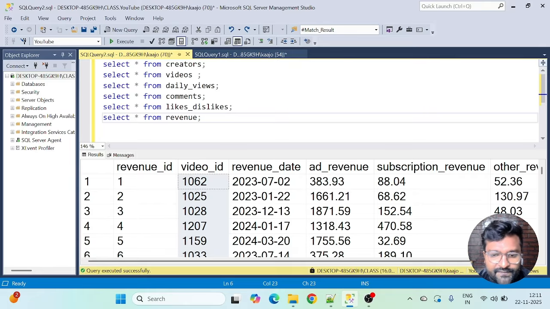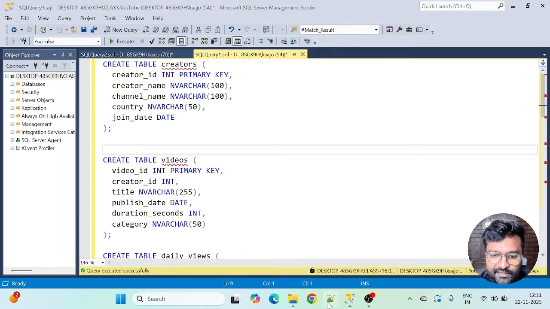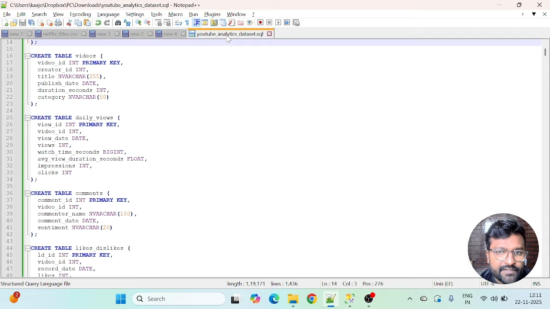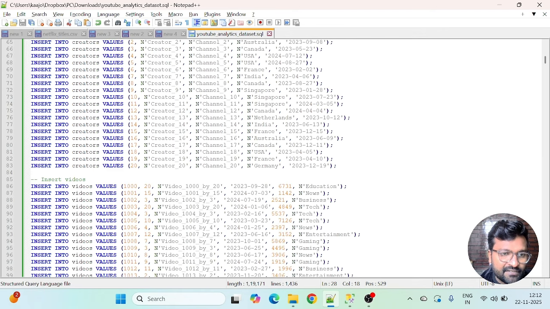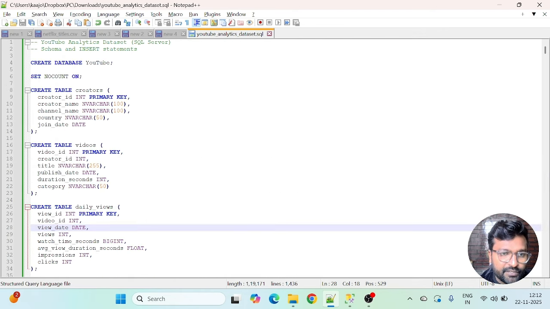And apart from that, I would also like to mention. So see, I generated this data set. I will be giving the link to this data set in the video description, where you will have all the create statements along with the insert statements. I can show you that as well. I pasted it somewhere. Yeah, here it is. So guys, I'll be giving you this create table and insert statement in the video description. You can look into that.